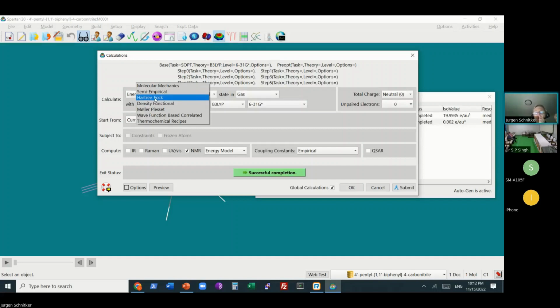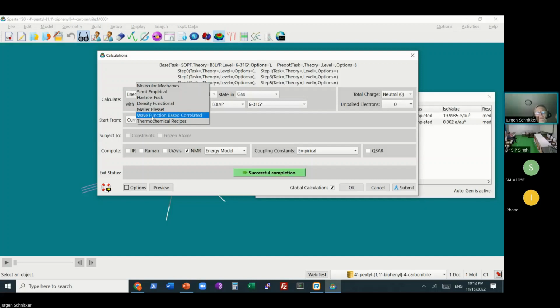Hartree-Fock is a workhorse for molecular orbital theory, but it has been superseded in the world of chemistry largely by density functional theory, because DFT has become so good, that's what everyone uses. Møller-Plesset here, if you go further down, now it gets really expensive.